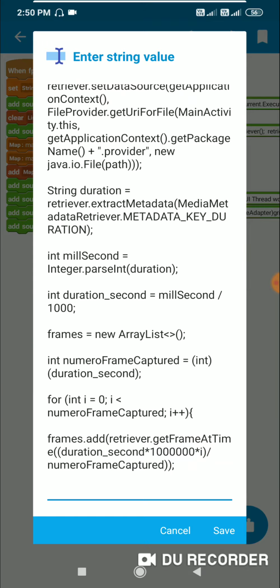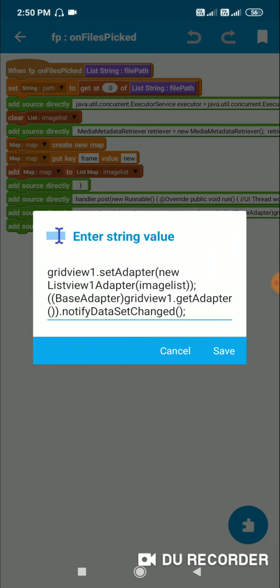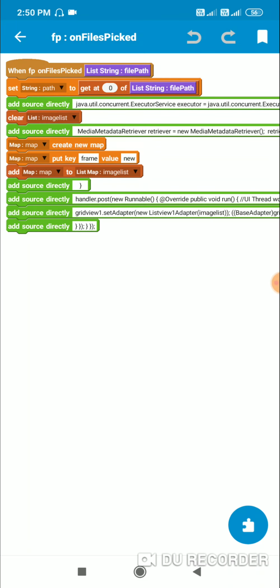So to frames I add all the frames, and after that the number of frames I add, I also add a number of items in this image list, and then I refresh this here. So let's go through it one by one.